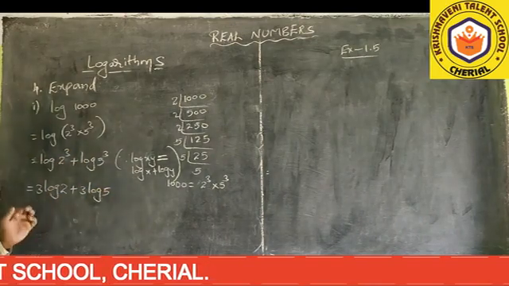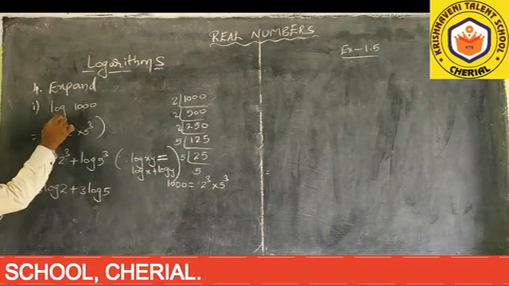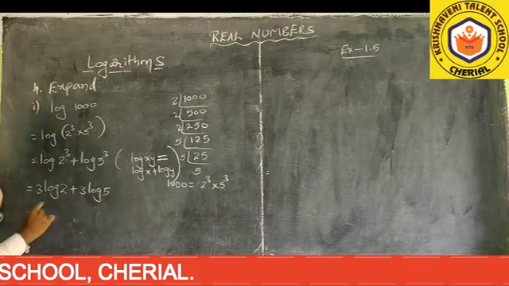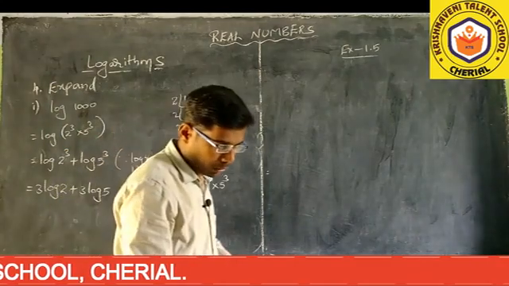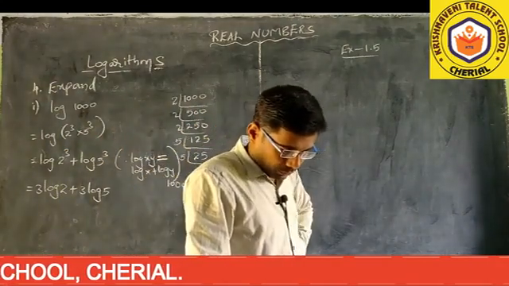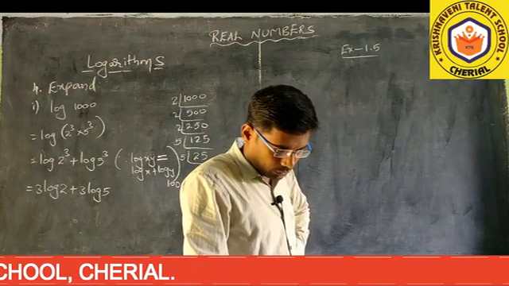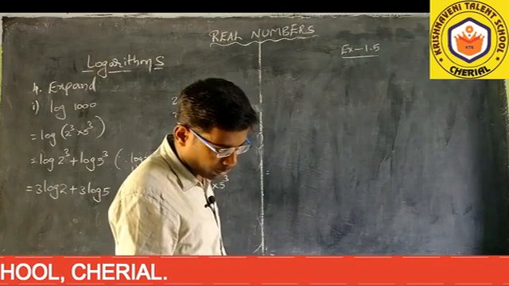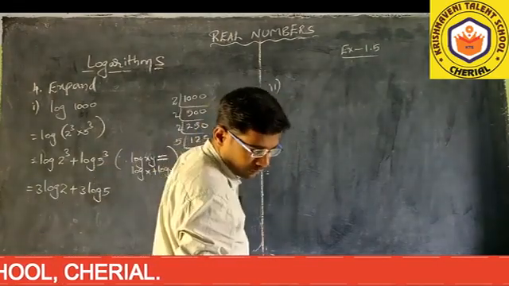This is what I am expanding. Expanding means what? Initially, how many logarithms are there? One logarithm. Whenever I am expanding, how many logs are you getting? You are getting 2. Like this you have to do. One problem I explained to you; the third problem you have to do yourself as homework. Now I will tell you the second and fourth, or fifth if possible. Next, the second one.